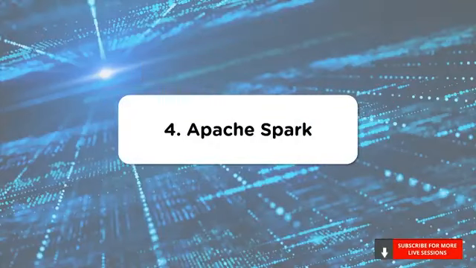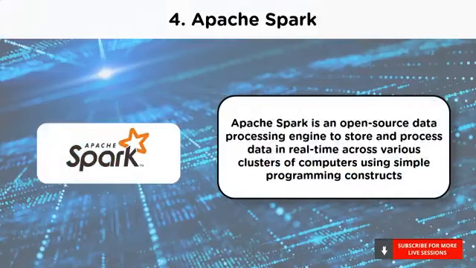At number 4, we have Apache Spark. Apache Spark is an open source engine developed specifically for handling large-scale data processing and analytics. Spark offers the ability to access data in a variety of sources including Hadoop Distributed File System (HDFS), OpenStack Swift, Amazon S3, and Cassandra. It allows you to store and process data in real time across various clusters of computers